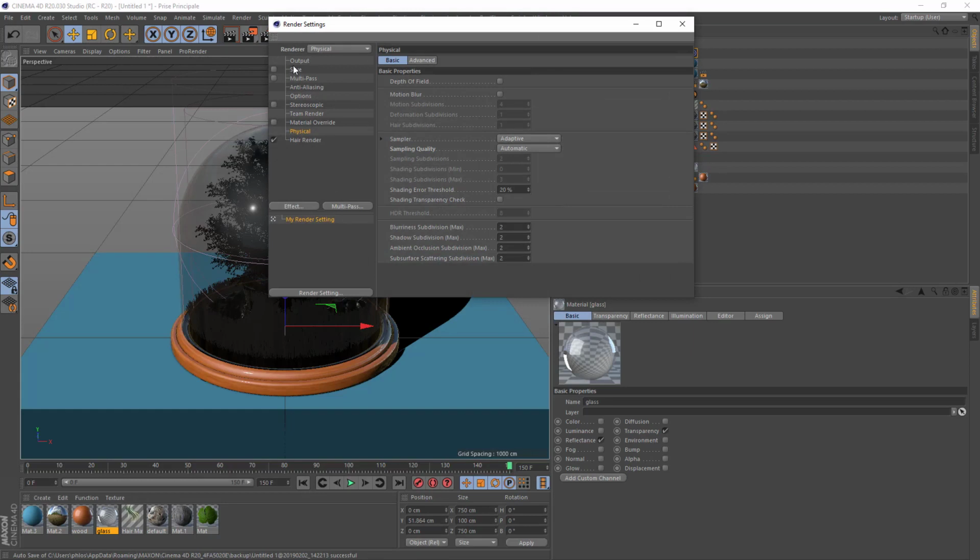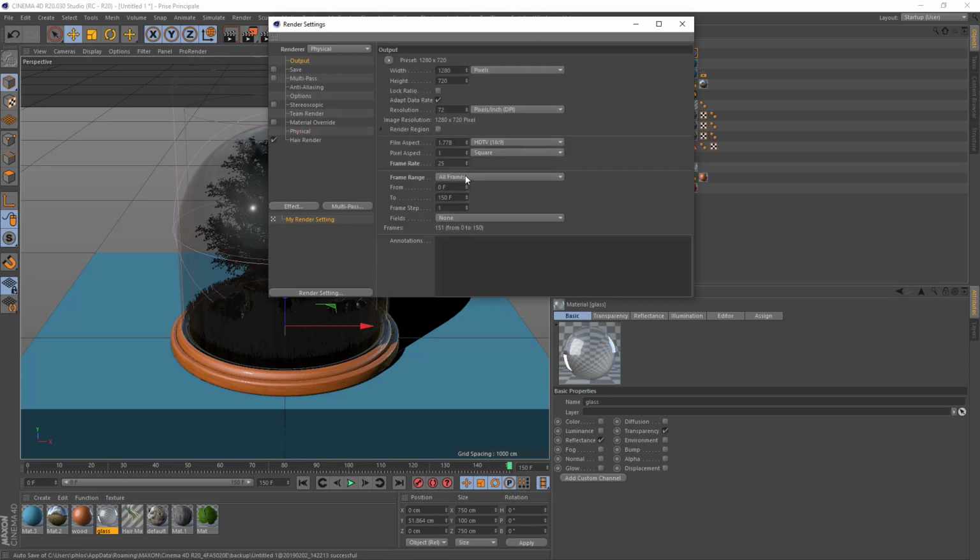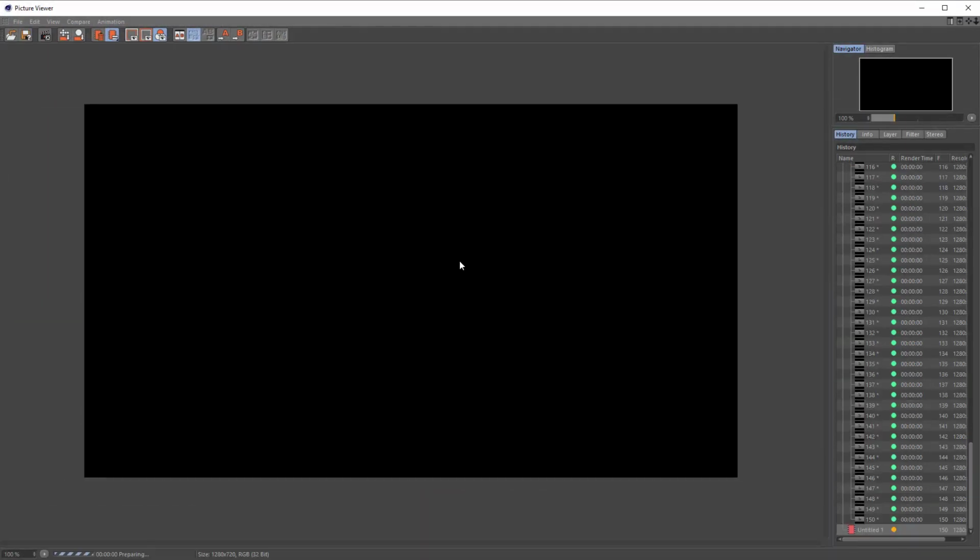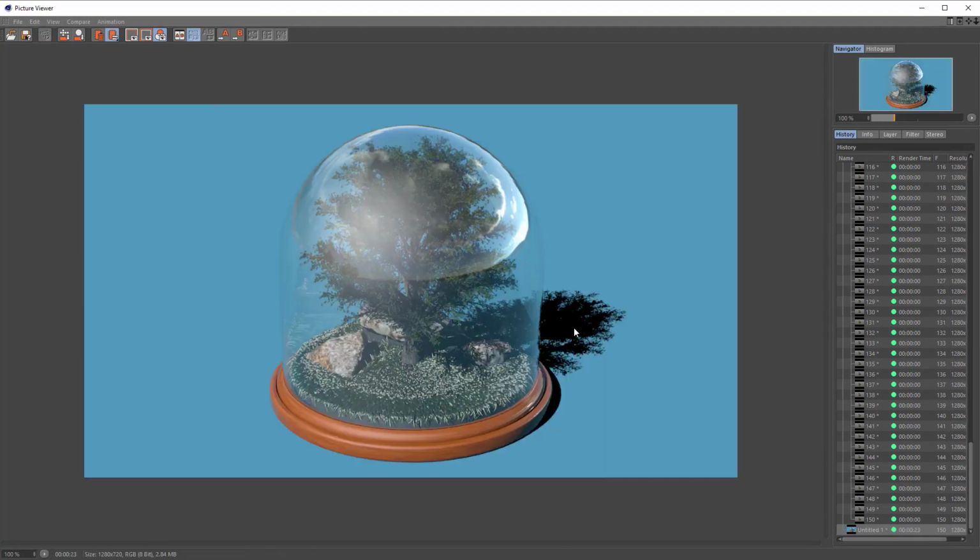Sorry, we will render just this frame, so output, current frame, and make a test just to see how it looks. Okay, this is not too bad, and the render is quite fast. You see, 23 seconds, so yeah, it's good.